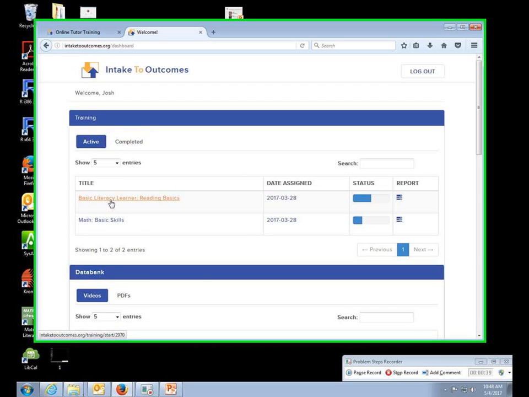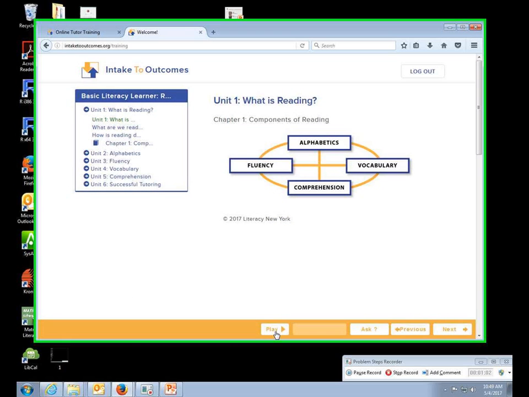When I'm looking at my active courses, I can hover over the course name and click on it to get to the training. Here's what a typical course would look like. On the bottom of the page, you have an orange bar with buttons: play, ask, previous, next. Unless it's a slide with review questions, which I will show you an example of on the next slide, you will have a play button, which will narrate the slide you're on,